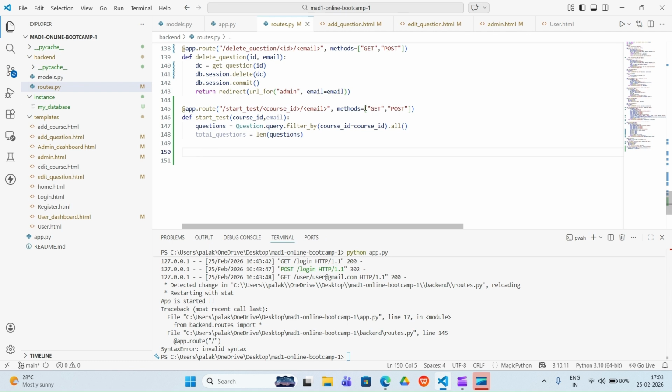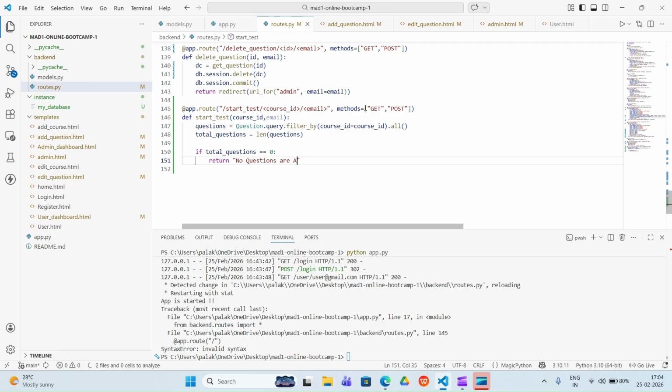Now we are checking that if this total questions is equals to 0, then we'll return no questions are available.